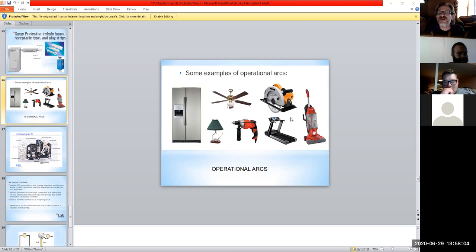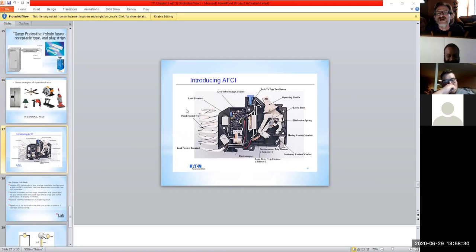Well, anything with like a motor, when they're first turned on, they're going to draw a lot more current than they normally use to operate. So you can't have a breaker be so sensitive that it's going to trip every time, because you'll never get anything done. So they give it an X amount of time, and then it'll go through and trip. And that's considered just operational. But then if you have something where,